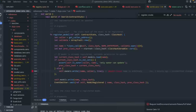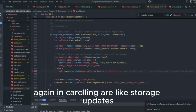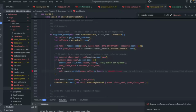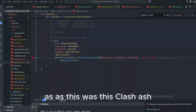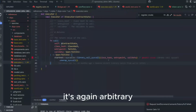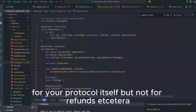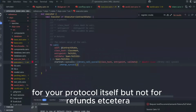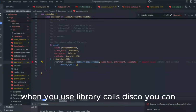It was okay. It just shows that the usual issues again in Cairo auditing are storage updates, storage writes. And also, if you remember, this class hash is again arbitrary. Even though it had an impact on the protocol itself, but not on the funds, etc. If you remember, when you use library calls, this call, you can